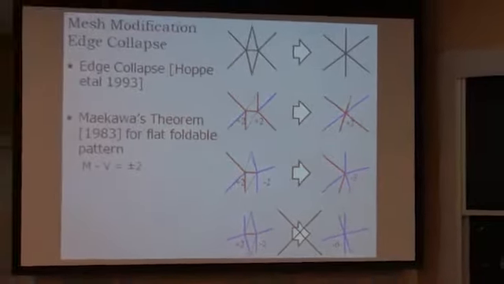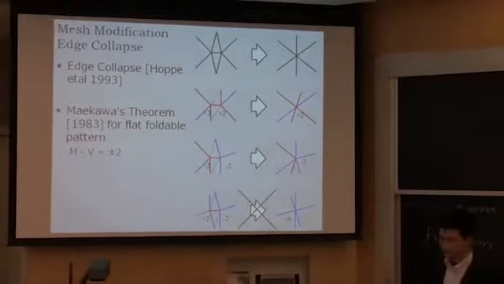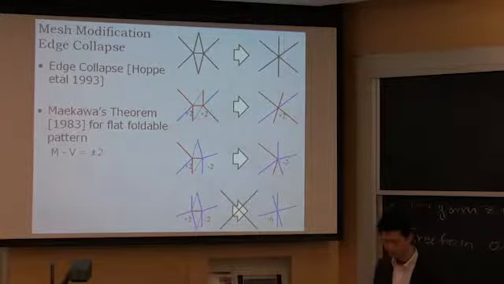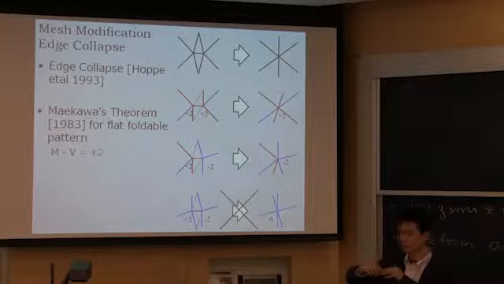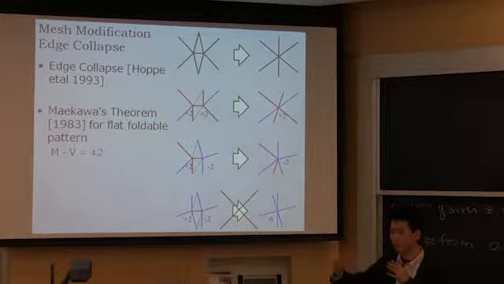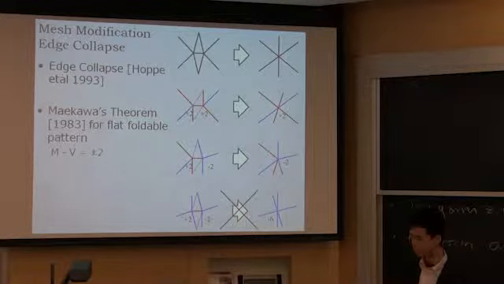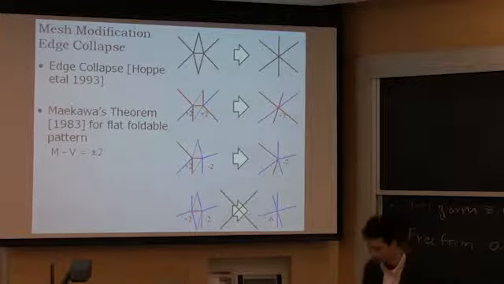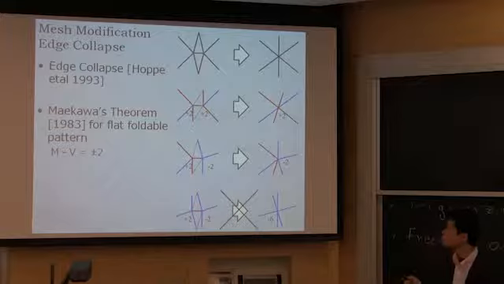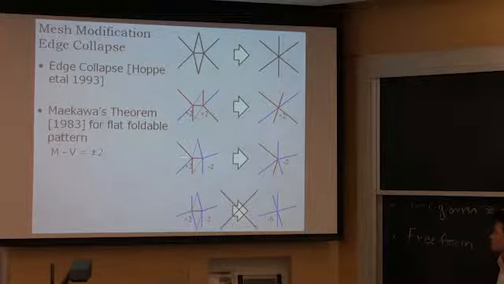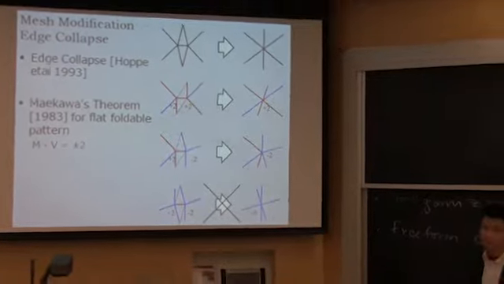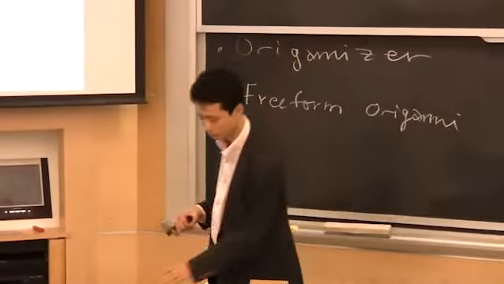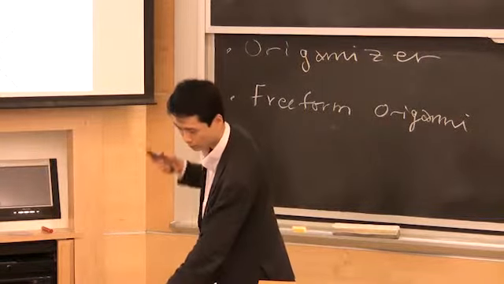Also, we want to do some mesh modification, because if you change the crease pattern, then it will end up in degenerate triangles, so that we need to do some kind of edge collapse operation. However, in order to do that, we have several conditions. We have to keep Maekawa's theorem if the surface is flat foldable, and we use that for doing edge collapsing